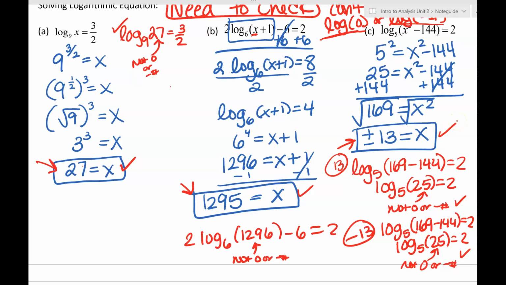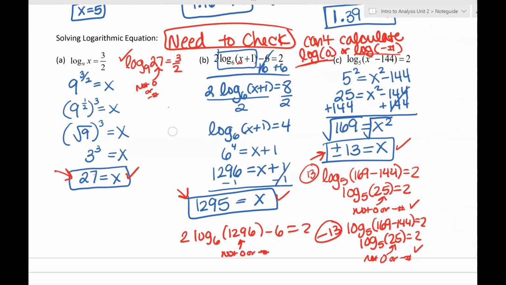But you need to check because sometimes your answers will not work. It's very important. All these functions that have certain limitations need to be checked. Okay,